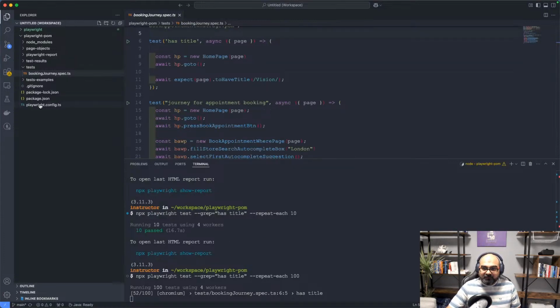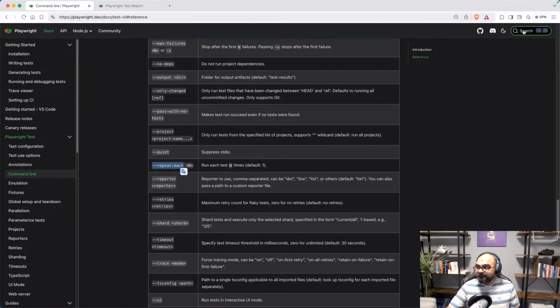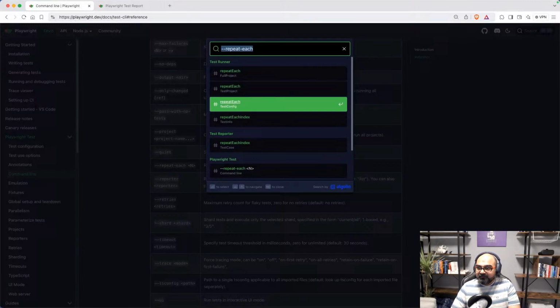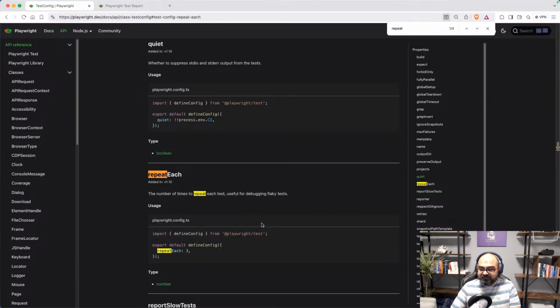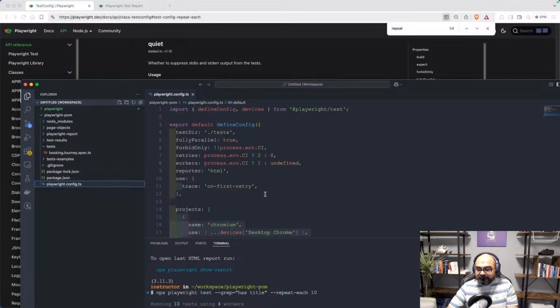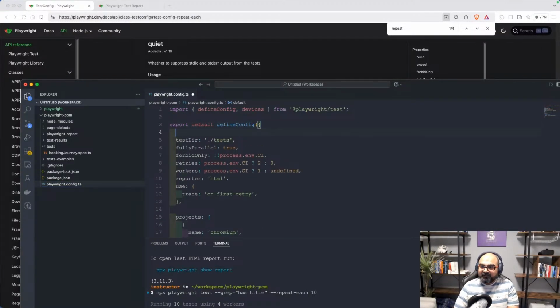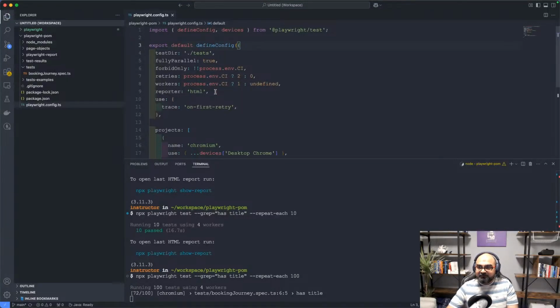The second and third option is the Playwright config. If I go back to the repeat each option, it is part of the test config. So in the test config, repeat each, and look over here, it says defineConfig. So within the defineConfig, in the Playwright config, on the top level, you can specify repeatEach like this. So that would be the third way of doing it. It has run 68 times. Let it run the remaining